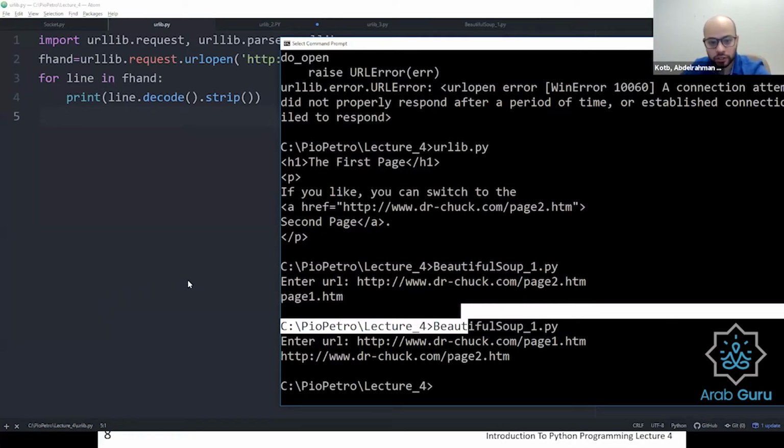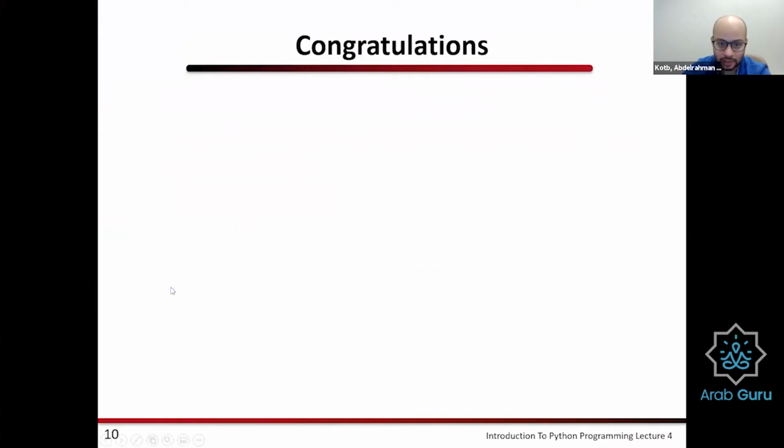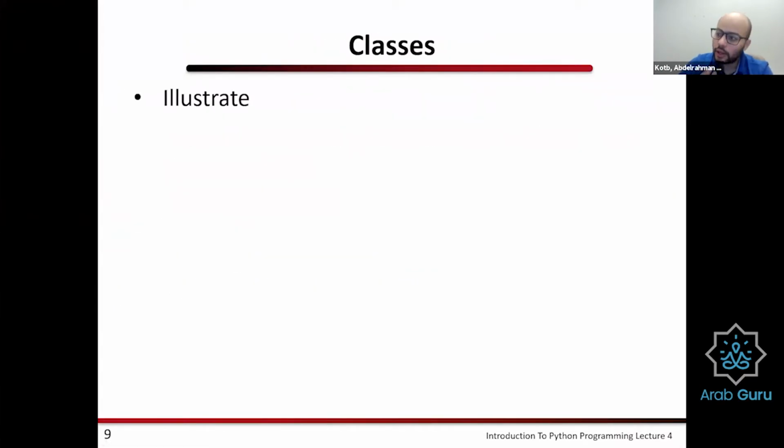As we switch gears to classes, classes is the last topic that we will be discussing in this lecture series. And as I mentioned several times, Python is an object-oriented language.